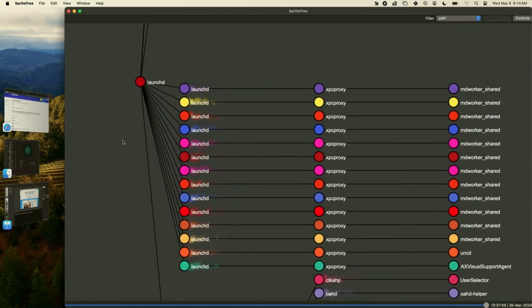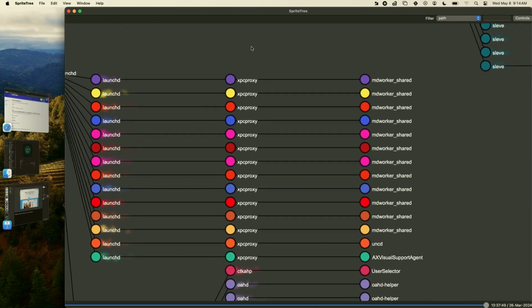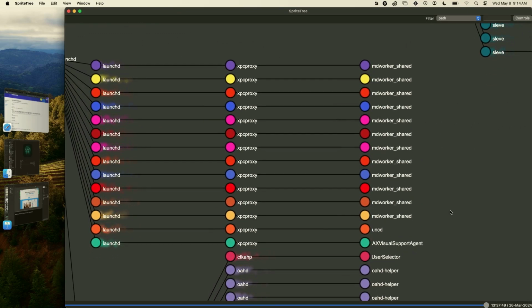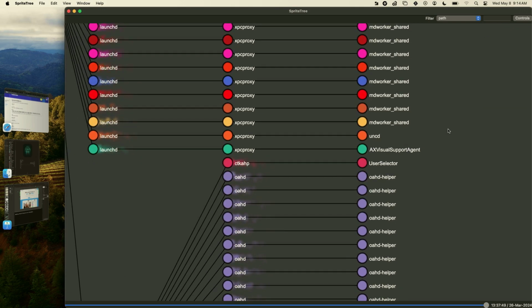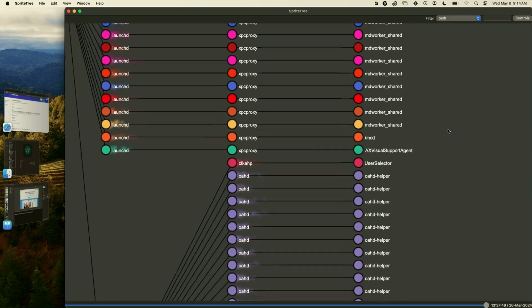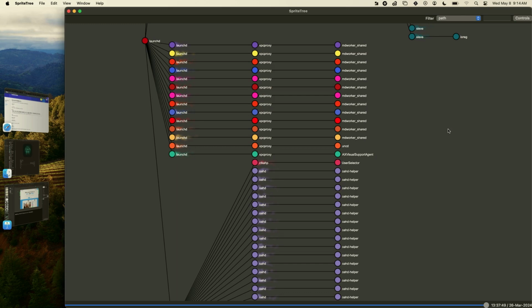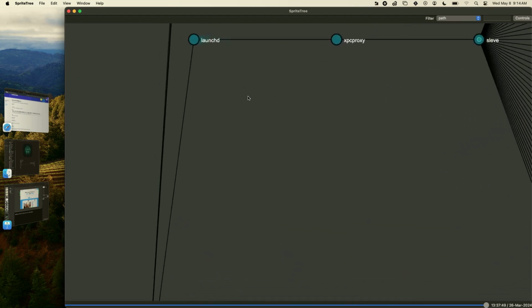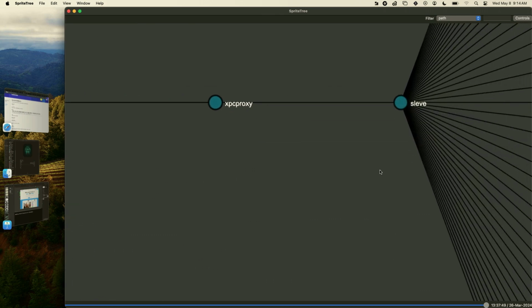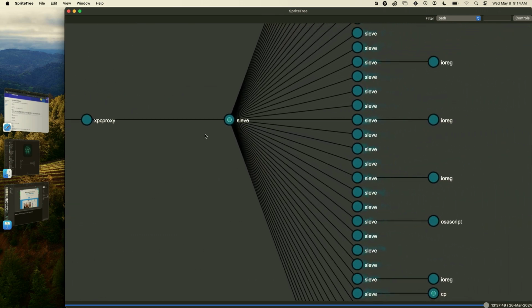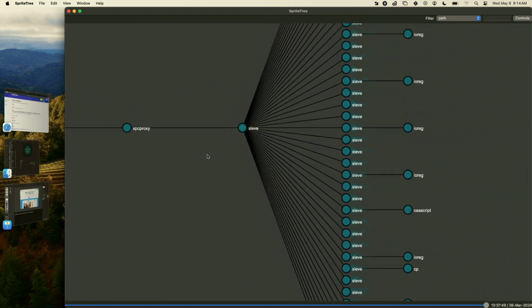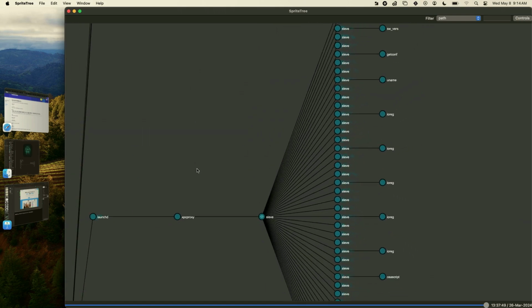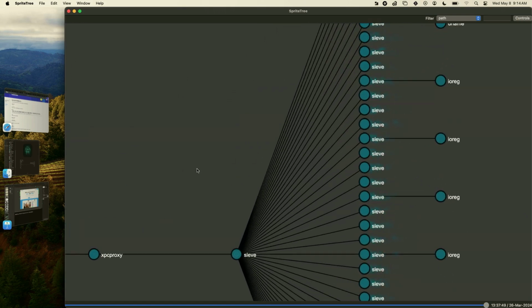But here we see LaunchD. We see a lot of stuff happening under LaunchD, like mdworker_shared. If you're familiar with the macOS ecosystem, you'll know what looks normal and what doesn't. The way you learn that is by diving in and looking at these types of things, right? What jumps out to me is here I see LaunchD running something down here called Slev. It's weird. Actually, when you download this sample, you don't download anything called Slev. You download something called meethub.gg.